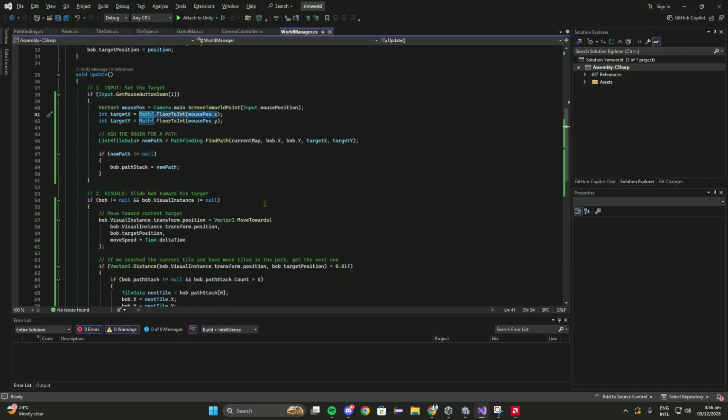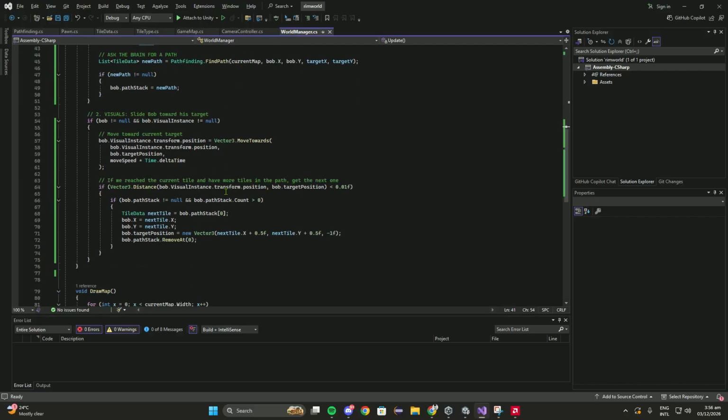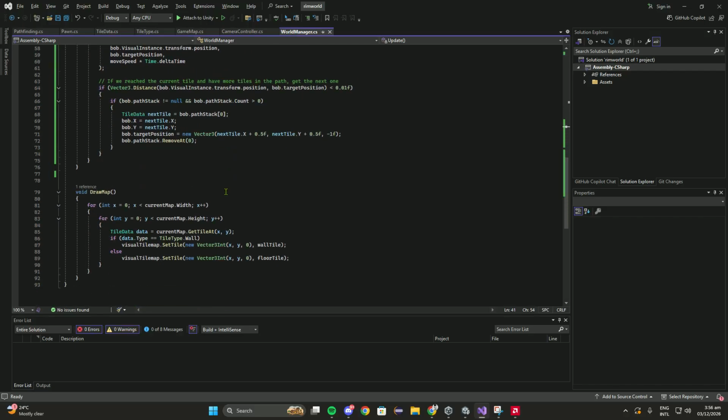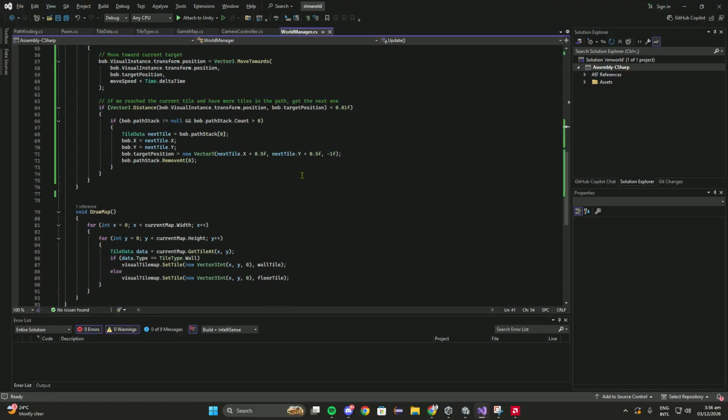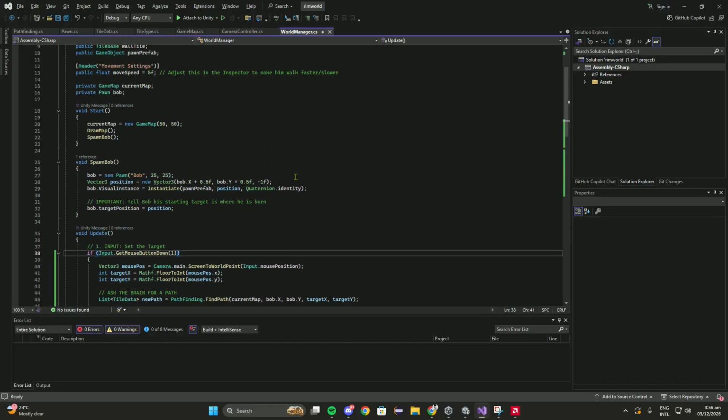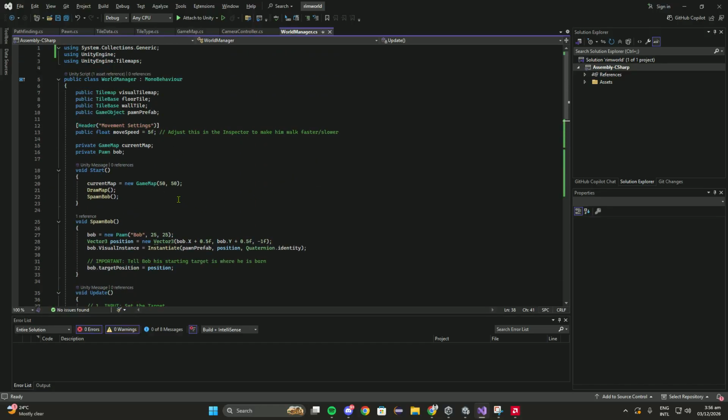So in the code, here, we have Bob. The game map is 50 by 50.